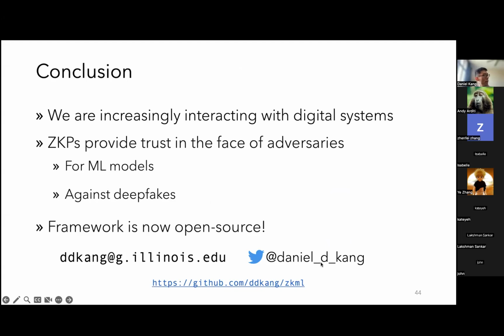Plonky 2 also has some annoyances in that they're very, very opinionated with how you do circuit design, which is unfortunate for a wide number of reasons. For zkML specifically, you really want to have control over how the circuit gets laid out. But there are also exciting developments, at least folding schemes like Sangria, which I've heard is going to be merged into the Halo 2 PSE version relatively soon, and others as well. So this space is very fast evolving. Lots of things to look into, lots of things to try.